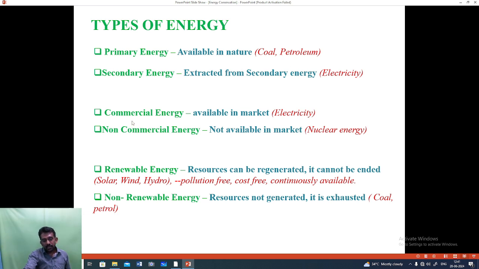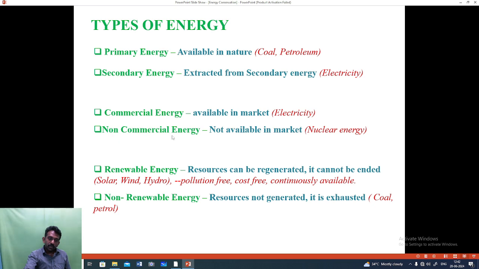And coming to the second categorization, the commercial energy. So the commercial energy is available in the market, and especially it is electricity, which is now traded similar to financial terms. Now we are trading the electricity by means of energy exchanges. So the major players are consuming energy and distributing energy to the consumers, and industrial players are consuming energy. So commercial energy is basically termed in the form of finance.